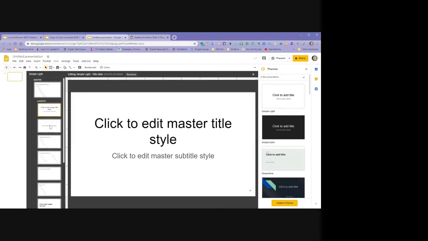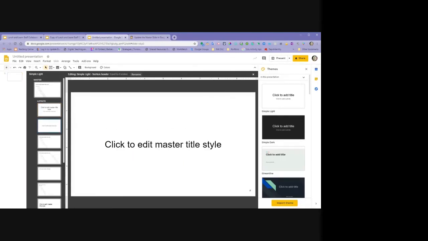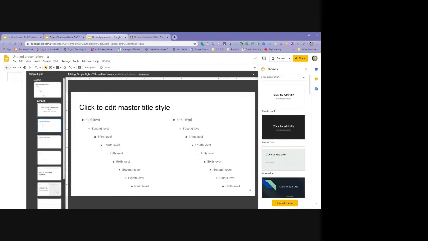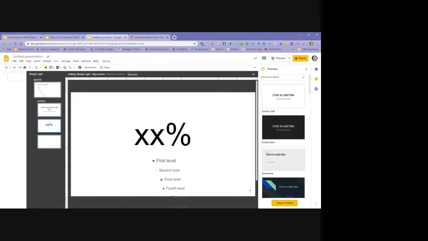Let's say I don't want all of these options because my students are collaborating and I really want them to have just maybe 1, 2, or 3 options. I can just click on all of these. I could delete every single one of these. And then I could create a slide that I wanted my kids to choose from. So if this was my slide here,